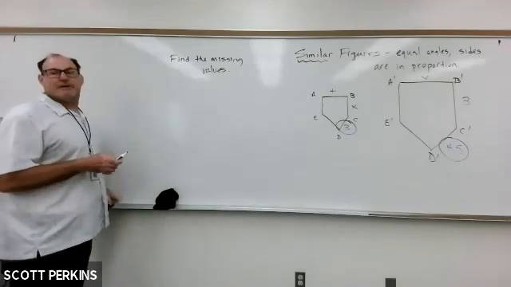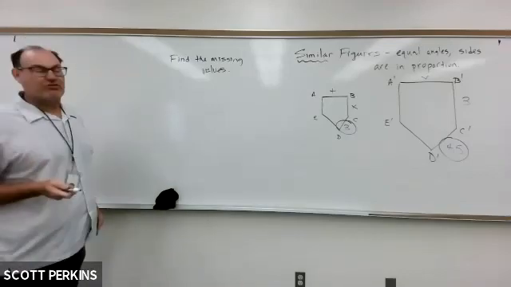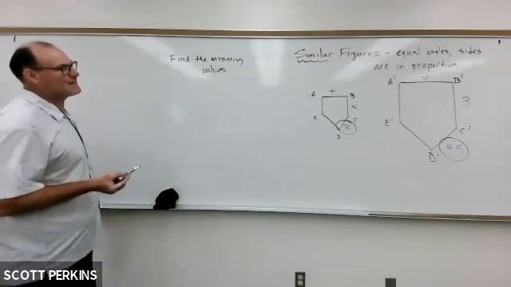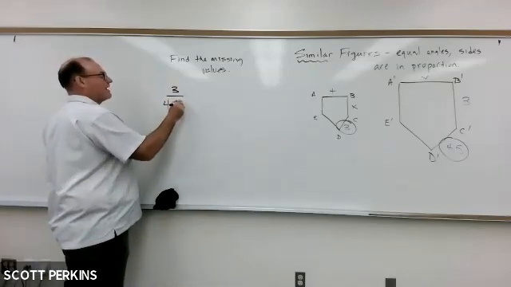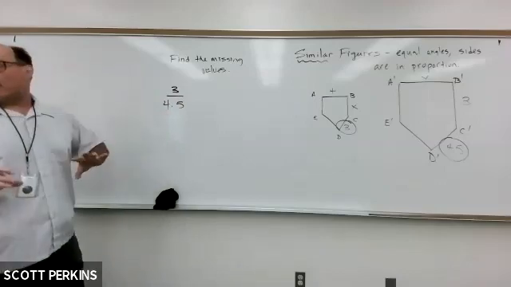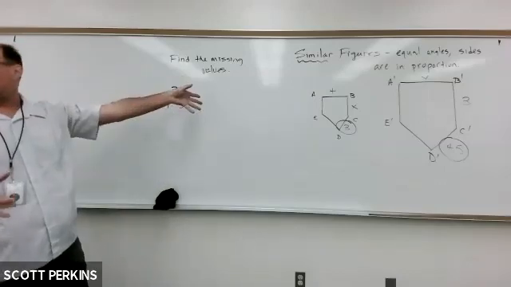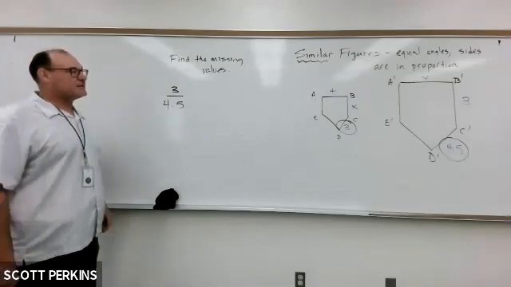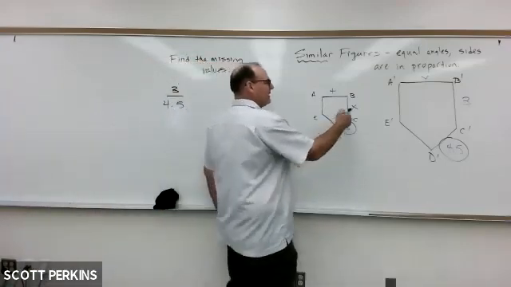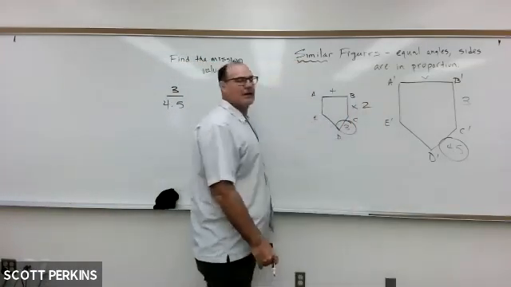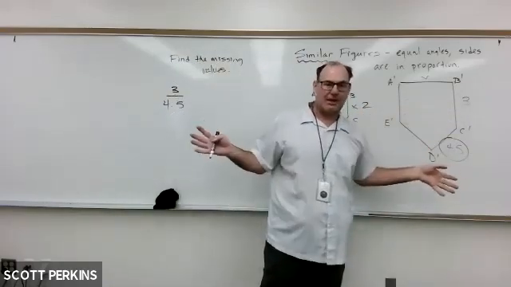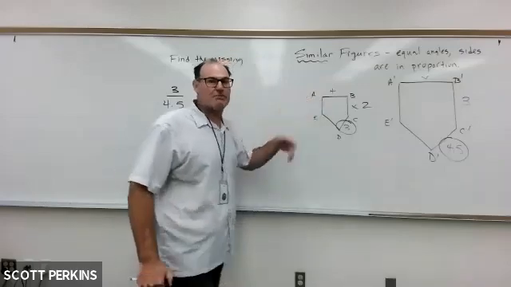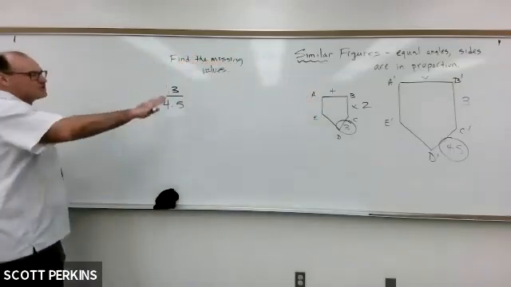Right, so the first thing I'm going to do is set up a fraction, a ratio of the two sides I know. So again, I'm going to use 3 over 4.5. Again, I'm not going to go through the whole thing, but if you have it flipped, then your other fraction is going to be flipped. A question I sometimes get is, hey, we already figured out x is 2. Could I use that side with this side to make the fraction 2 over 3? And the answer is yes, you can. Once you already figure out the relationship, you have other options, but I'm just going to stick with the way